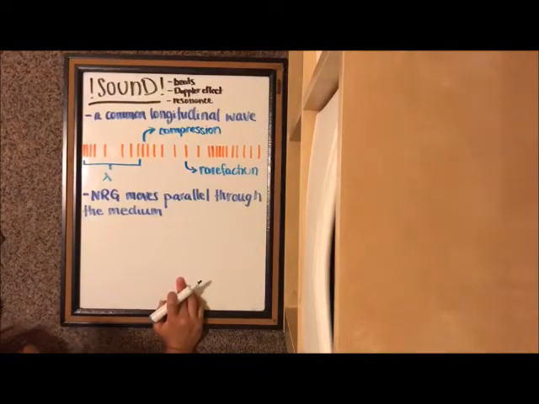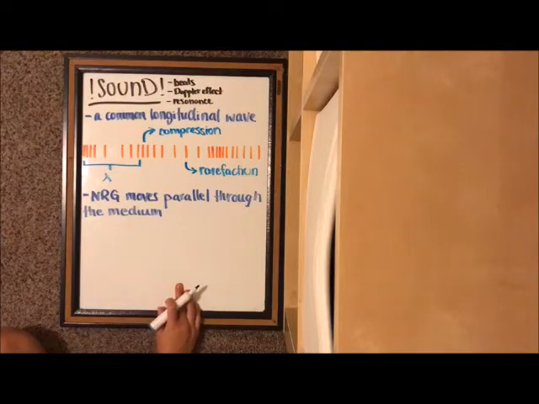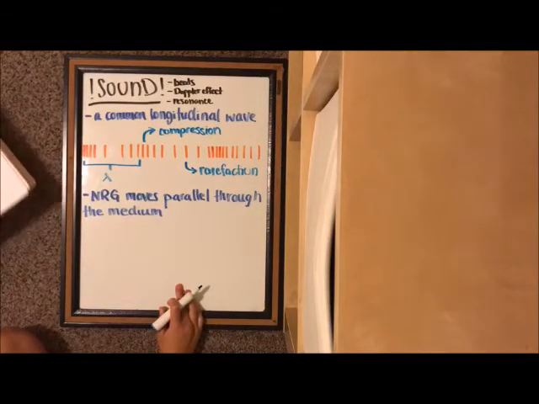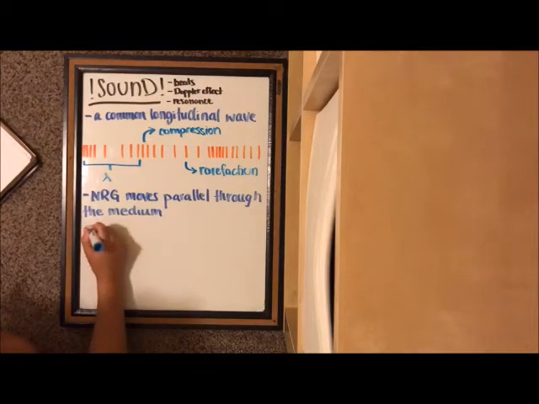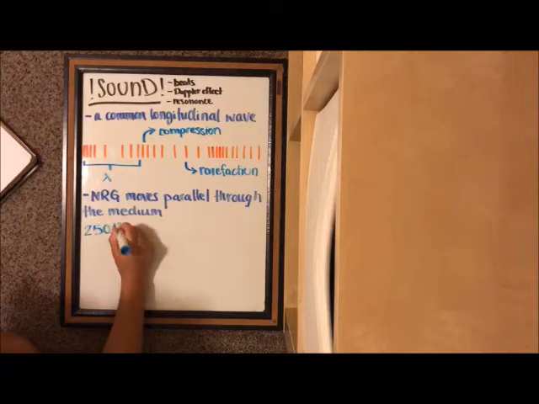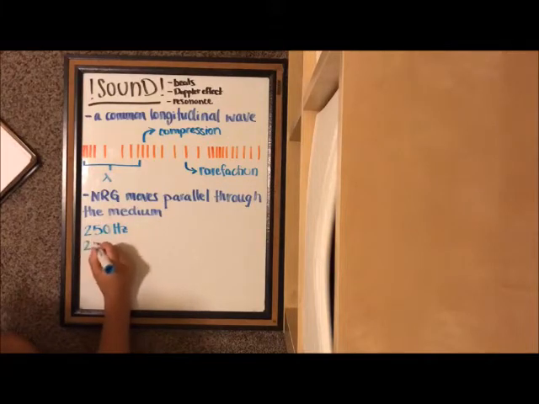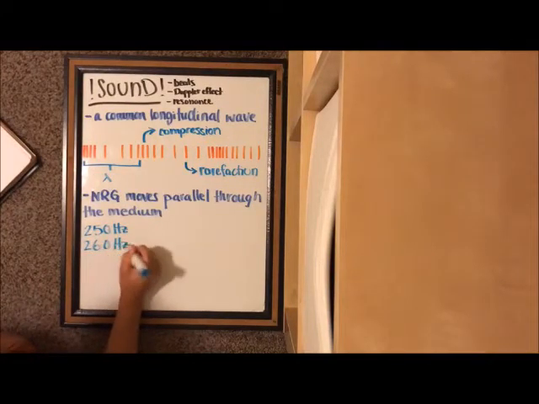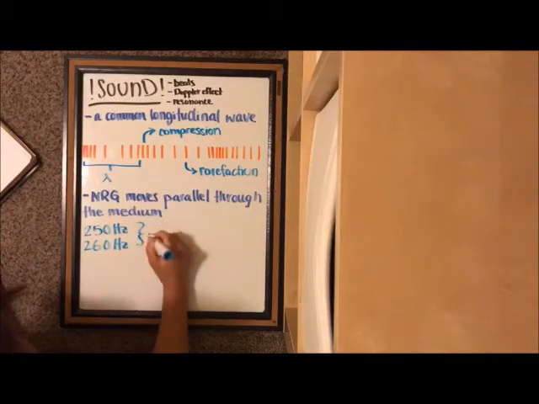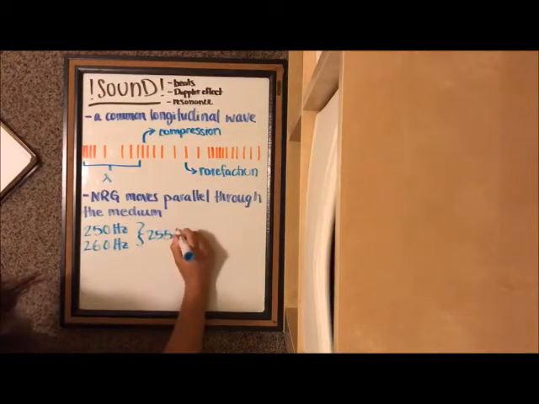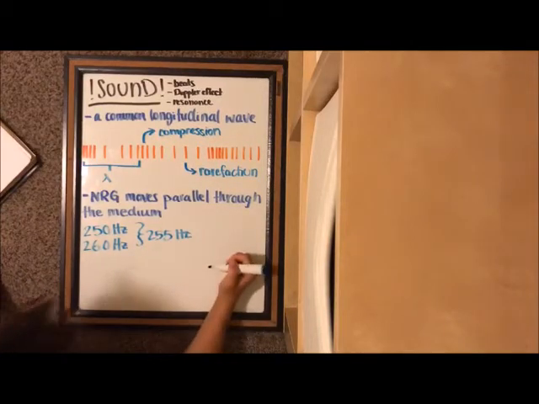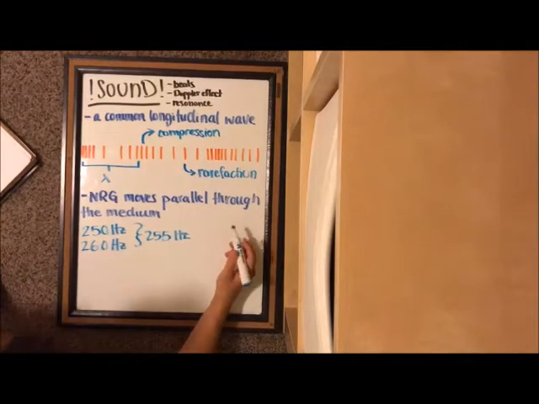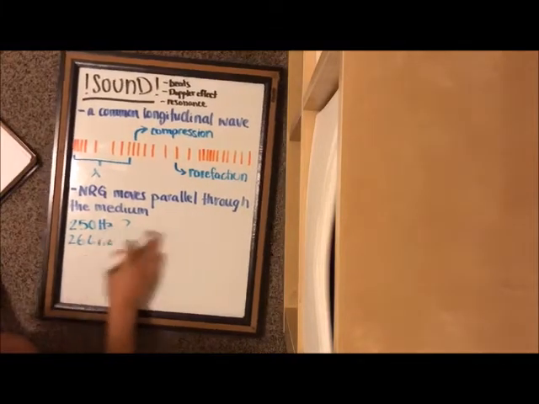Something that happens when we hear sounds or hear music are beats, because there are often multiple frequencies being played at the same time. When the frequencies are pretty close together, for example 250 hertz and 260 hertz, we would hear something like 255 right in the middle at a fluctuating volume. In addition to beats,